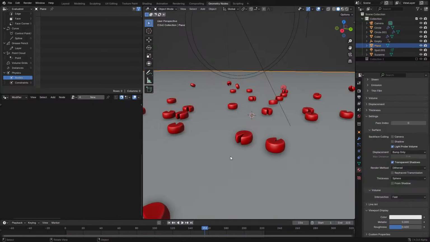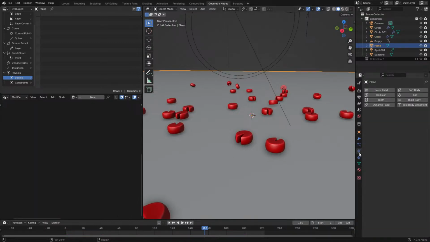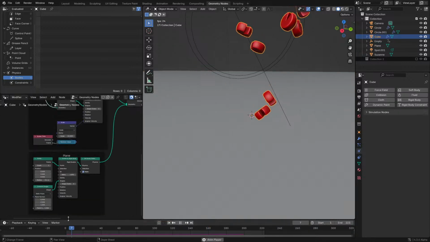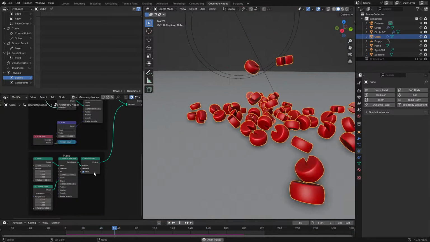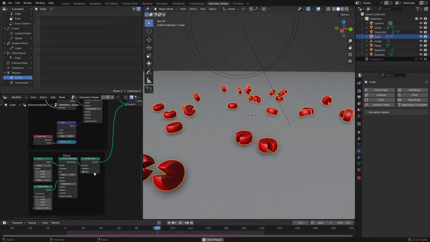Because, again, in the old rigid body physics system, in 2.8, all of that broke. Apparently it was not a good system beforehand with the dependency graph, and in the new dependency graph, all of these just haven't been updated. 2.8 came out almost 5 years ago at this point, so we've been 5 years with a broken rigid body physics system. But this seems like it could be the solution, which, again, this is an experimental branch,